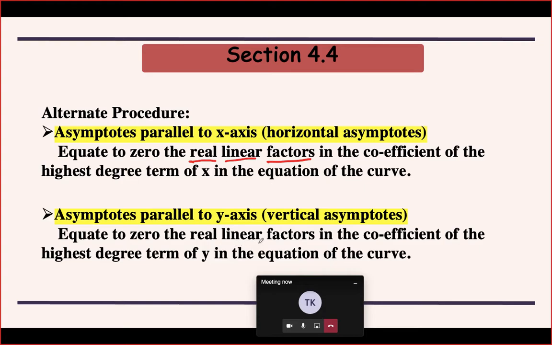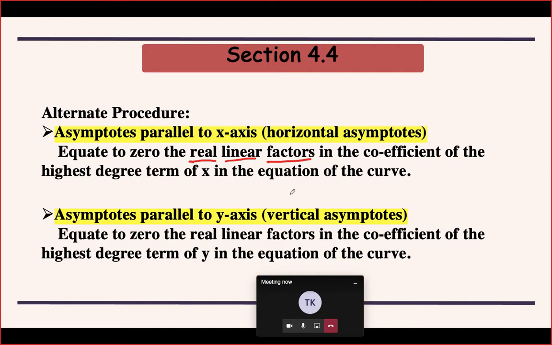If that happens, then the equation of the curve is going to have an asymptote. If that happens only for y, then you have only vertical asymptotes. If that happens only for x, then you just have horizontal asymptotes. If it happens for both x and y, you have both types. And if it doesn't for either of them, there are no asymptotes. So again, the same set of possibilities you can have, and this procedure is applicable to all types of questions. The question which we just did, you can also do by this procedure, or for implicitly defined functions, you have no other choice, in fact, you have to apply this method. Okay, so you just note down this method.